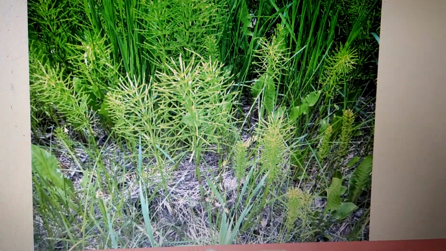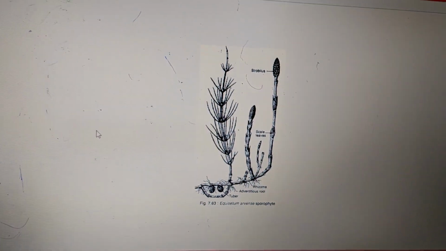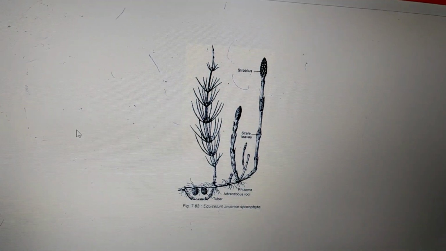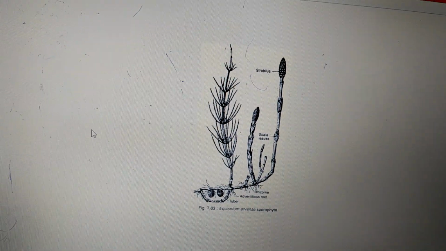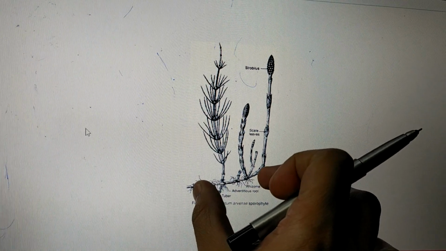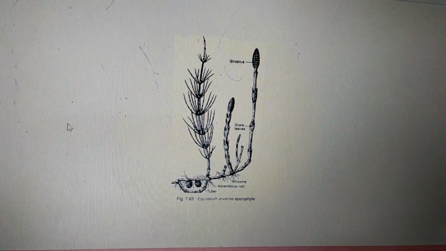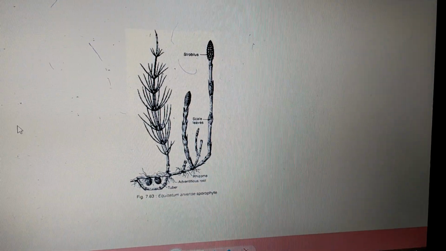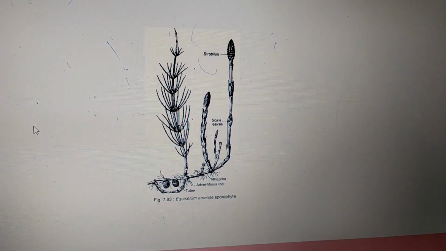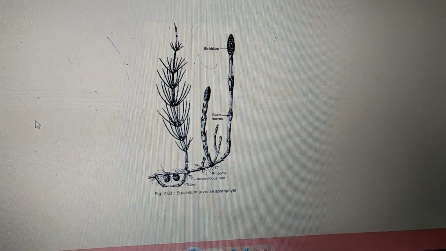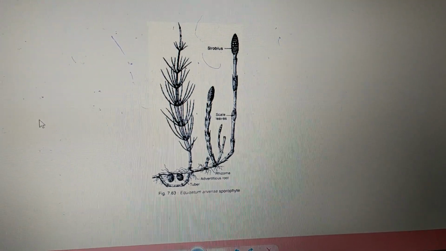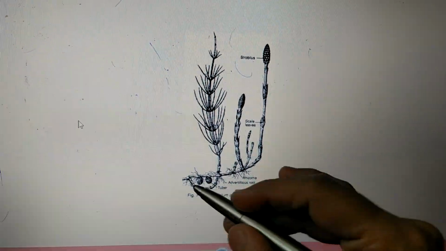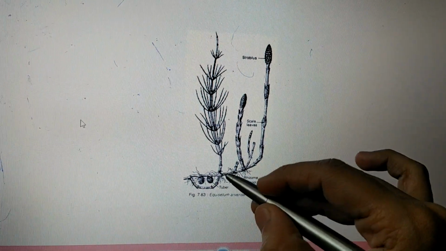The rhizome is usually the underground part, which is perennial. Perennial in the sense it is going to last for many years. Annual and perennial are the two terms. Perennial means it is going to last for many years. Annual means the lifespan is of only 1 year. So the rhizome part of the Equisetum is perennial in nature, and it grows horizontally and is branched at